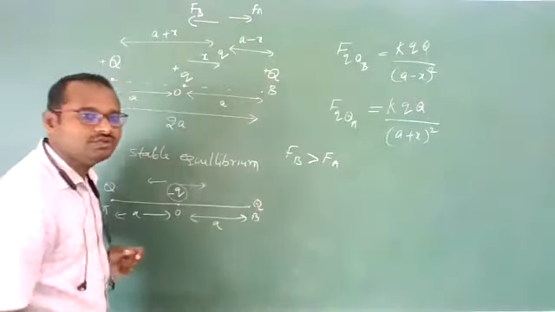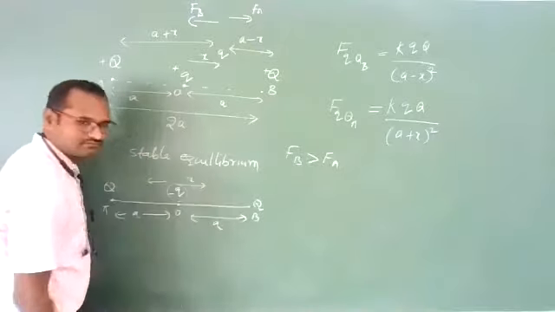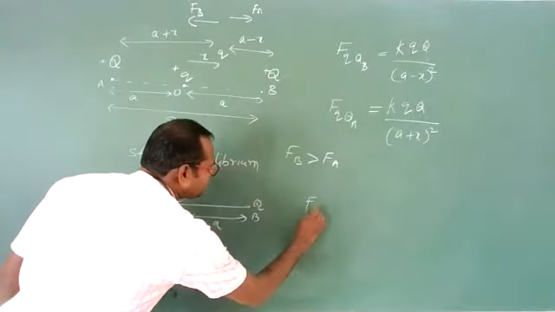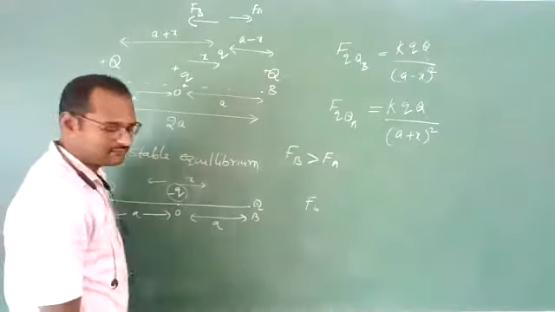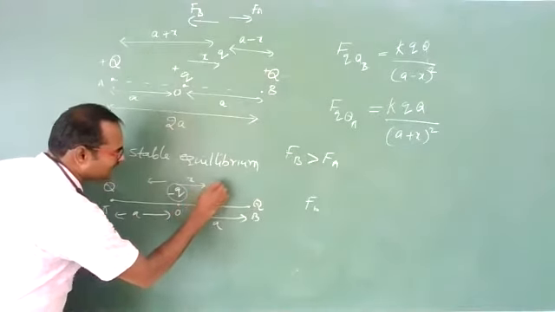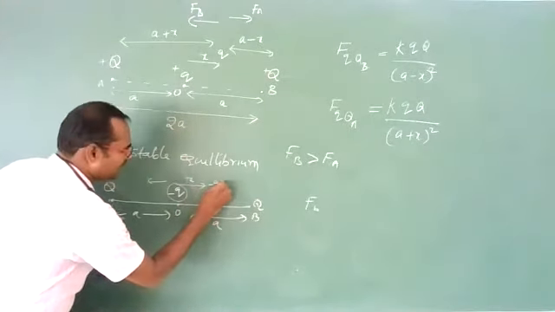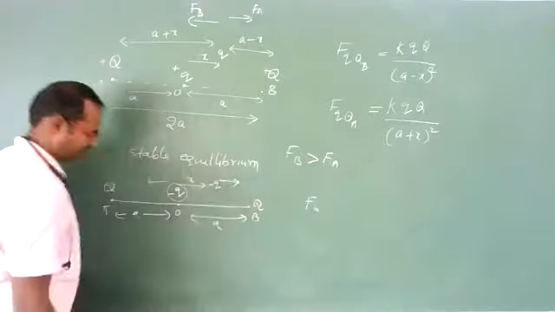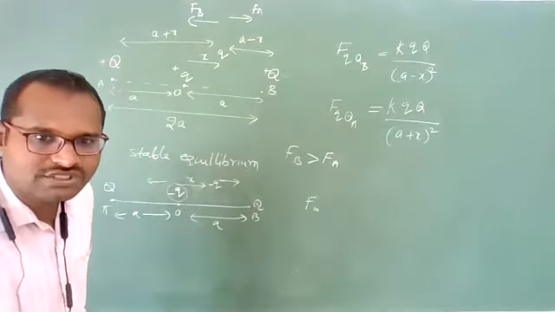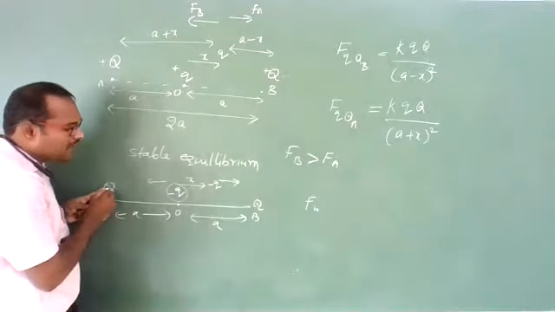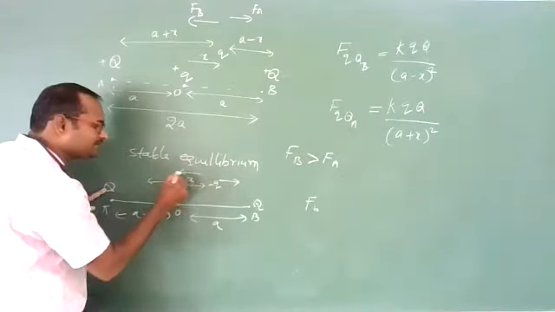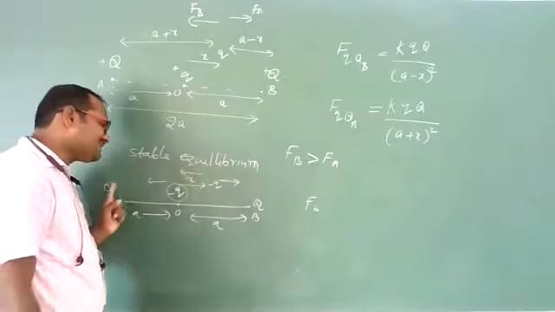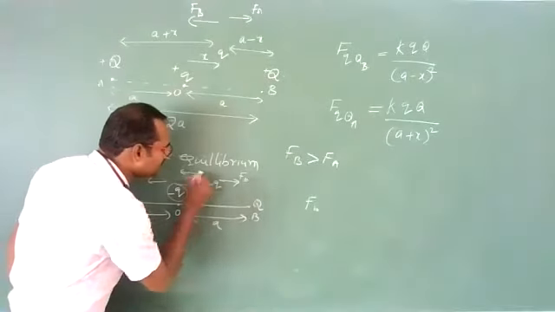So for that, what we need to do? Displace it by a distance of x. Now, what happened? Force due to charge at B, which side? Here the negative charge came. Due to B, a force will act, that is an attractive force this side. Clear, students? Due to this charge, again an attractive force this side. This is the force due to B. This is the force due to A.